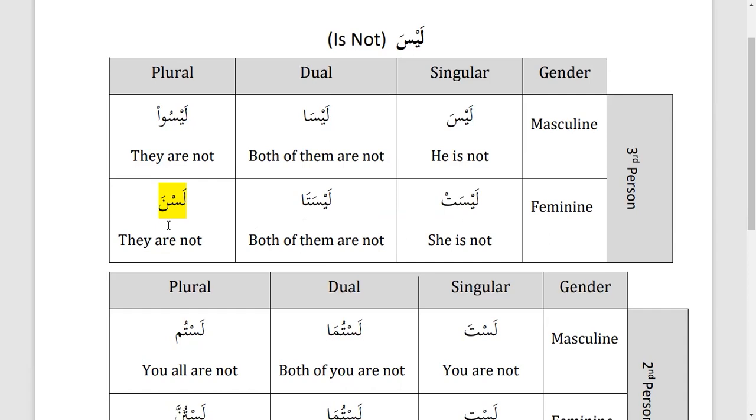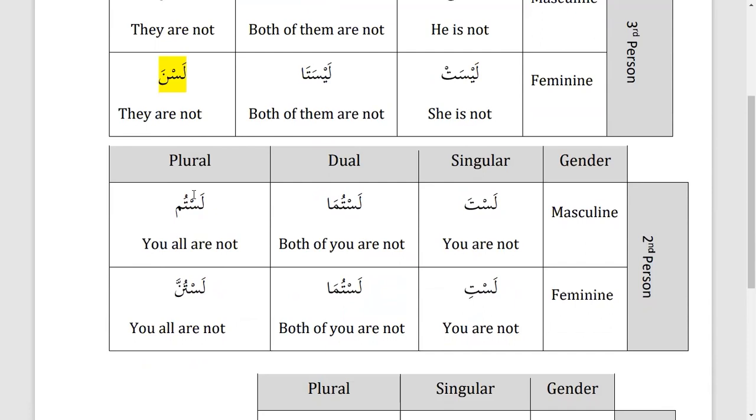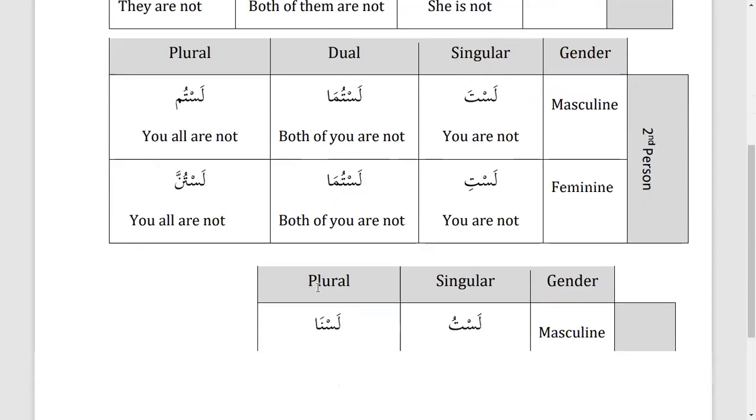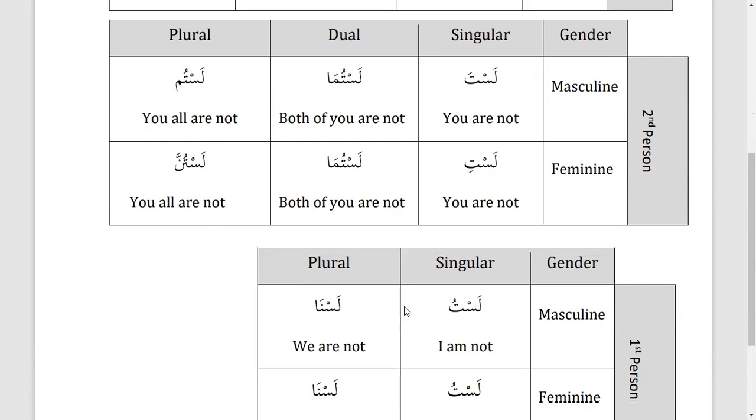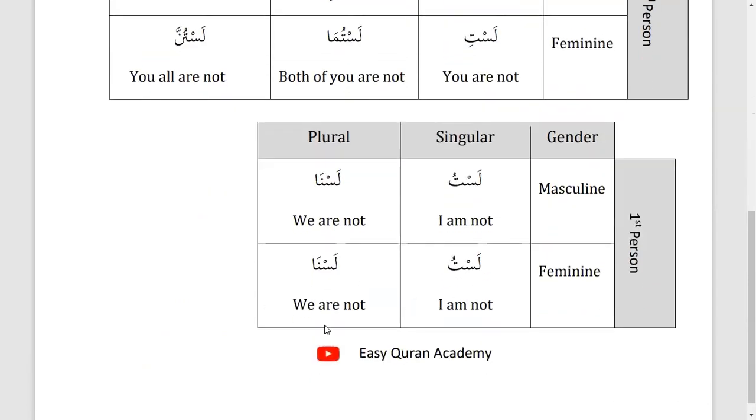And if you remember, I told you that when we have ya sakin and sin sakin, so when we have 2 sakin letters, the weak letter gets dropped. So that's why it became lasna. If you get it, alhamdulillah. If not, I will show you the mechanism, how it happened, inshallah, in tomorrow's class. So laysat, laysata, lasna. And now the second track continues as it is: lasna, lasta, lastuma, lastum, lasti, lastuma, lastunna, and lestu and lesna for masculine, and lestu and lesna for feminine.